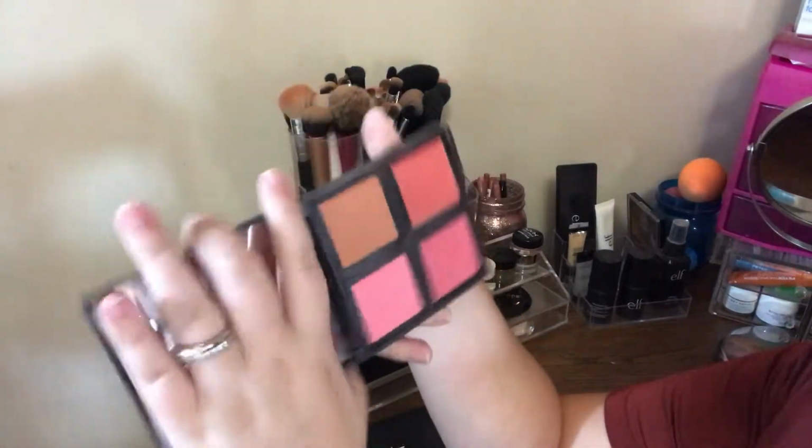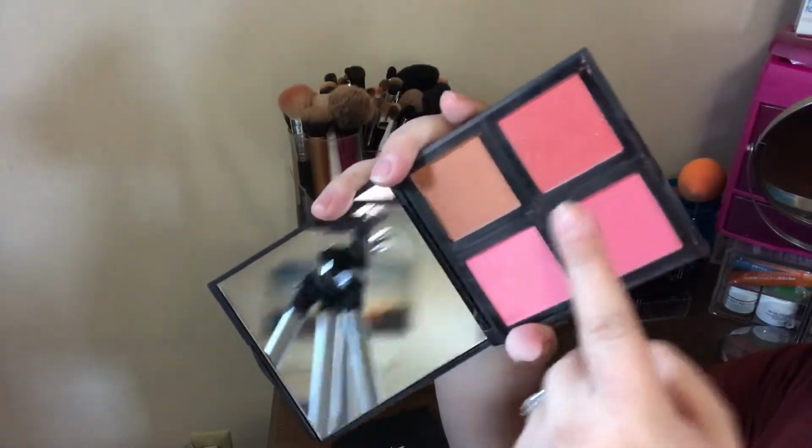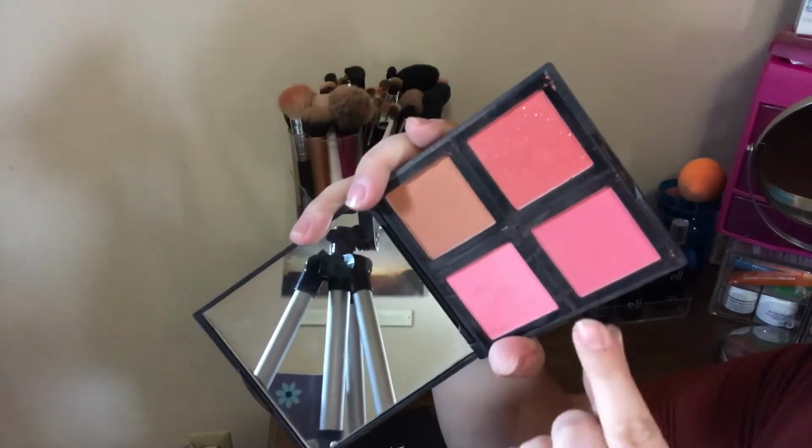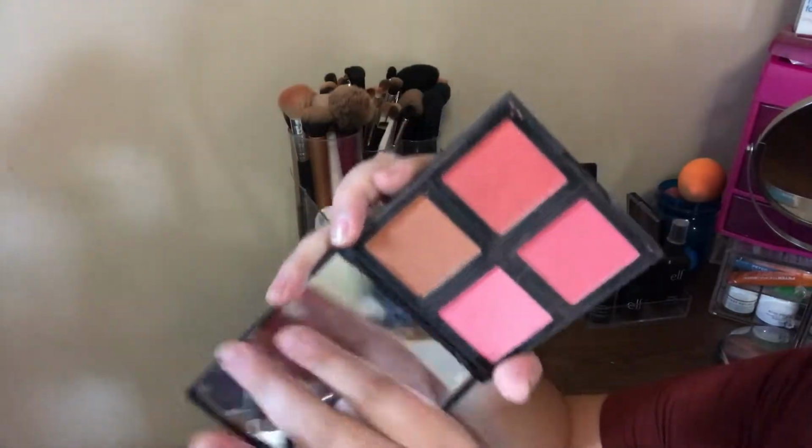Then I have my trusty original E.L.F. blush palette. You get 4 shades in here. This is the light one. I don't know if you can see, one of these shades has a little bit of shimmer in it. And then you have a hot pink, a light pink, and kind of a terracotta-y kind of bronze shade, which